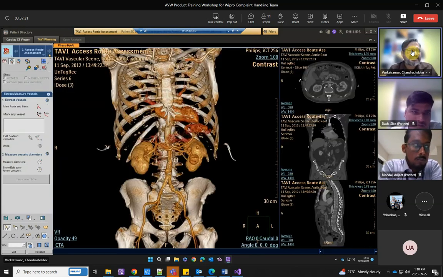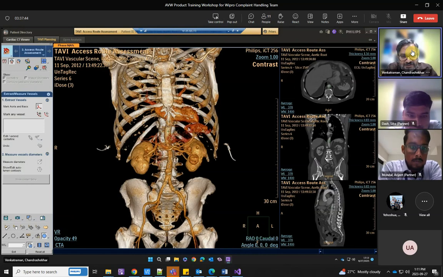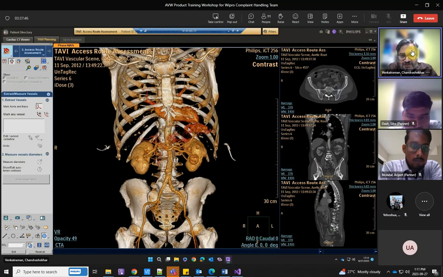Next is the last stage, which is the access route assessment. This is how the vessel goes from the aortic arch all the way to the lower part of the body. You have to mark where the aorta is and where the left and right iliacs are. Simple. For example, this is where the aortic arch is, so I mark this as aorta first, and then the right and the left one. Once I do this and accept,